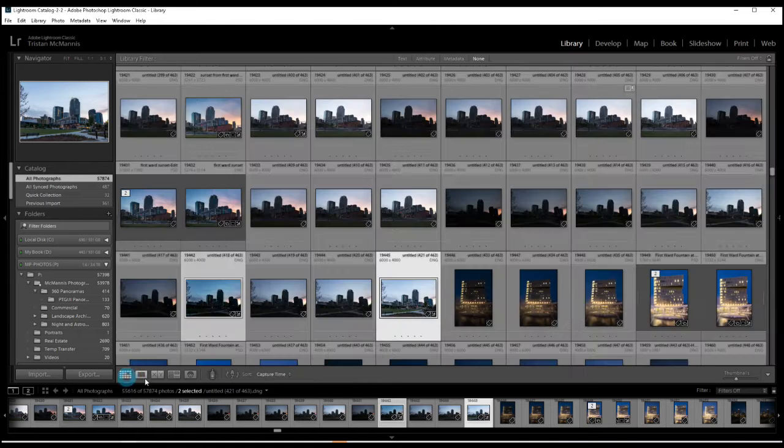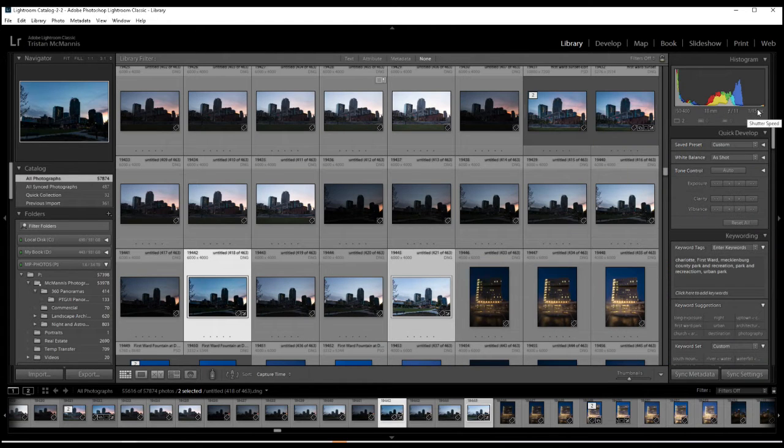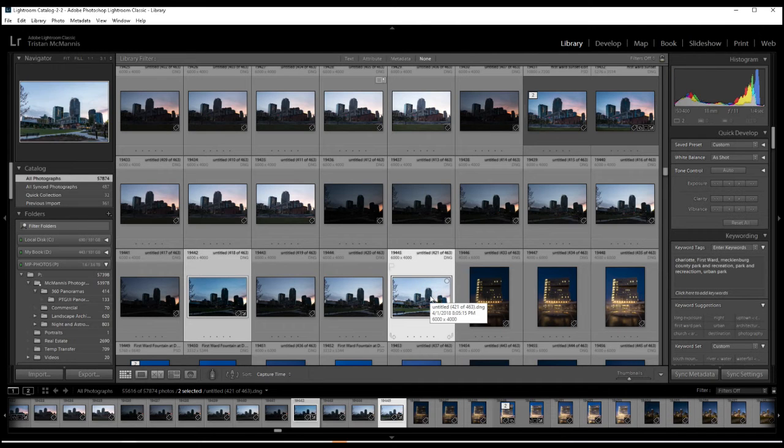And I'm going to go to the grid view for just a minute here. So we have two different exposures. One of them is right here, and the sky one, the one that has the darker, richer sky that we want, was taken at f11, 1/15 of a second. The image that has the foreground elements better exposed the way we want was, again, f11, but 1/4 of a